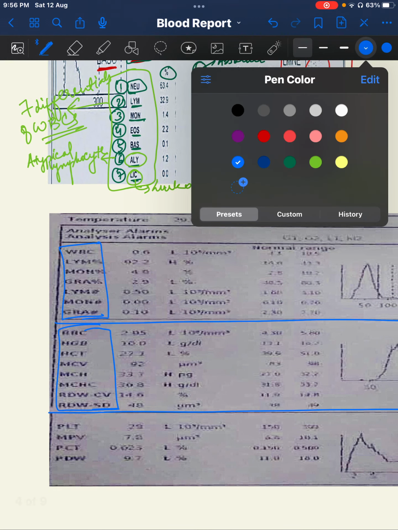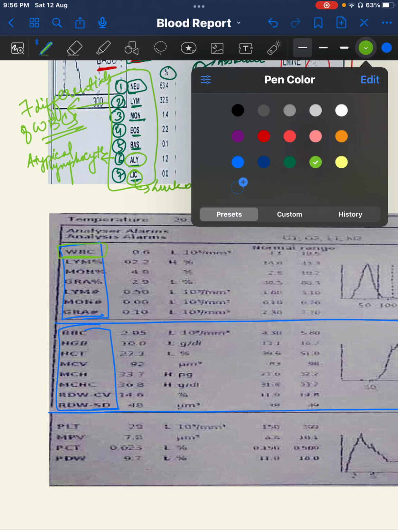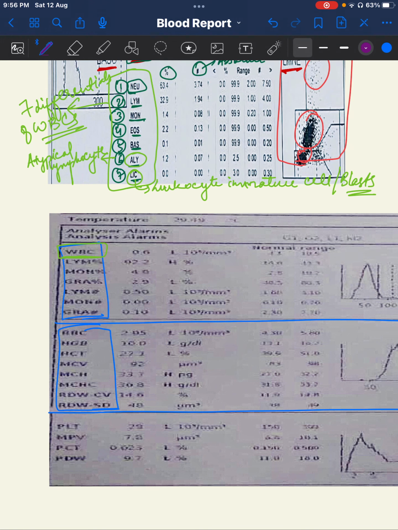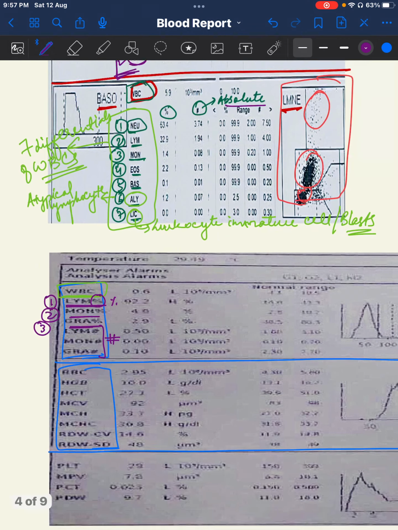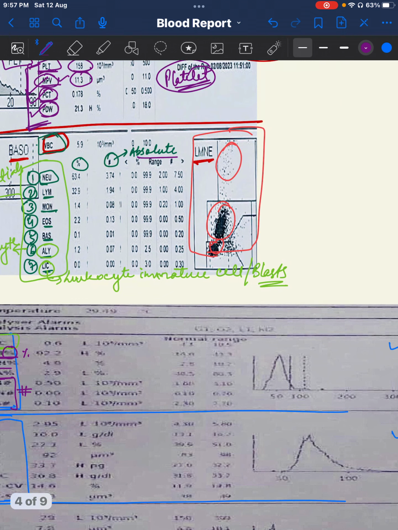Now, in WBC, this machine has talked about, firstly, in journal, it has talked about the WBC count. Fine. But in WBC, it has talked about LYM, which is lymphocyte, second, MON is monocyte, GRA is granulocyte. Now, this is the percentage. It has given me the percentage, and again, this hashtag is the absolute number, as I told you above. Okay, but the important thing is